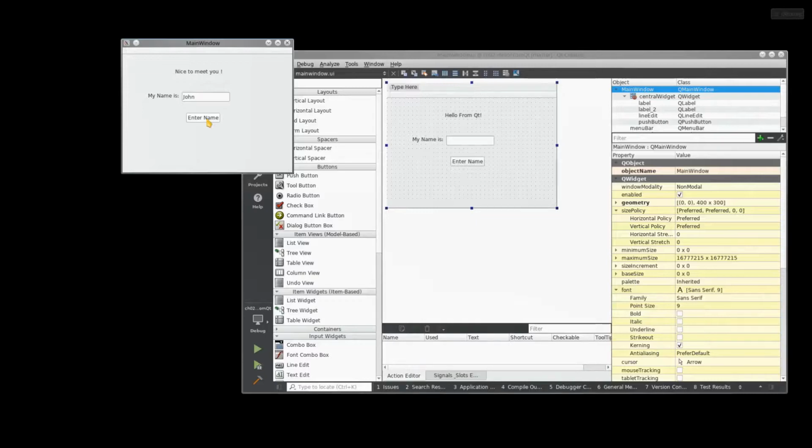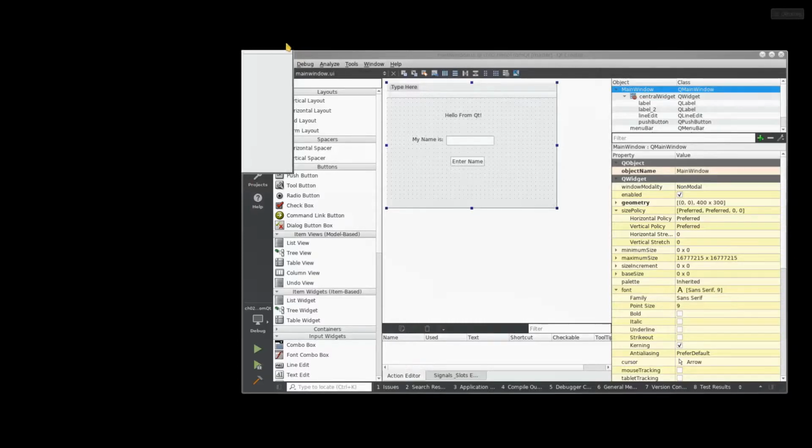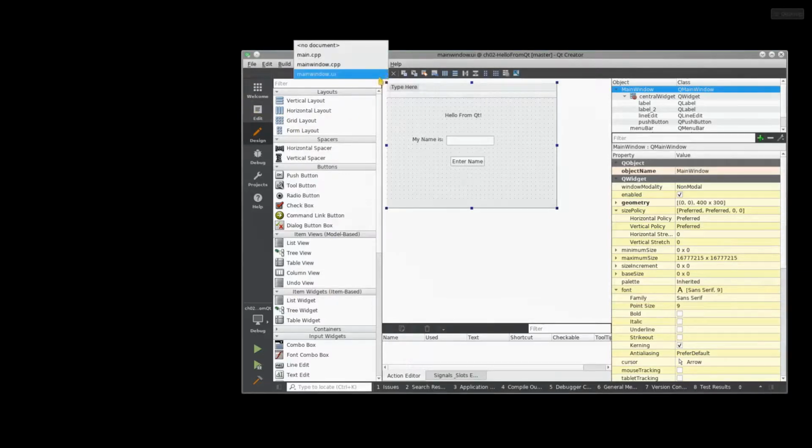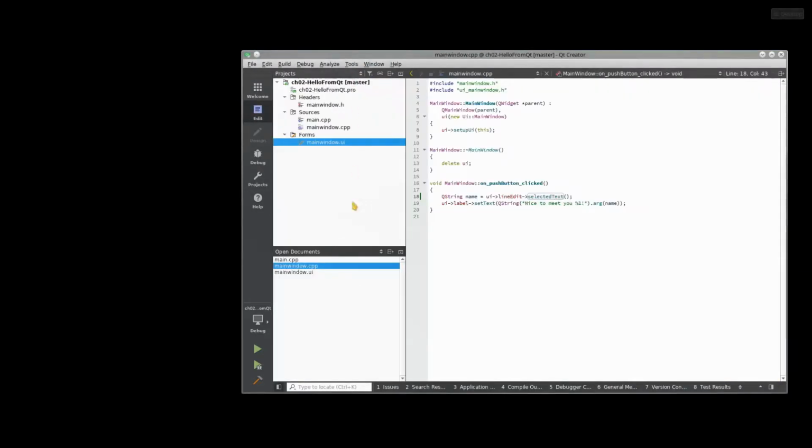So what happened? It's a good question. I'm not really sure, so let's go and start working with the debugger. I'm going to close this window right now, and we'll go back here. We'll look at our main window code. So when we press the button, this method is called, on push button clicked. And we look at it and we see,